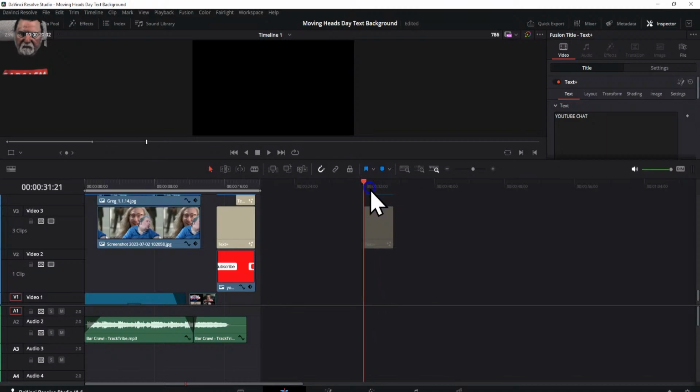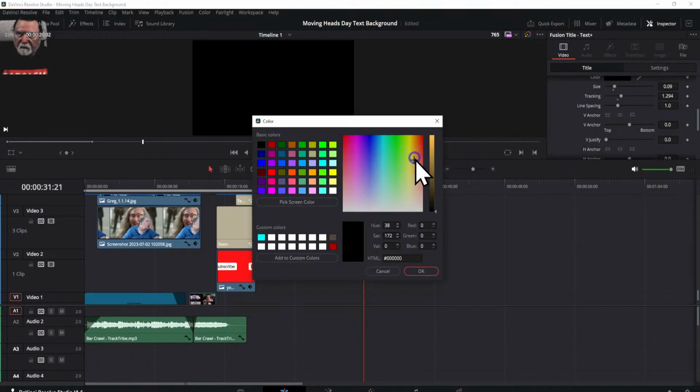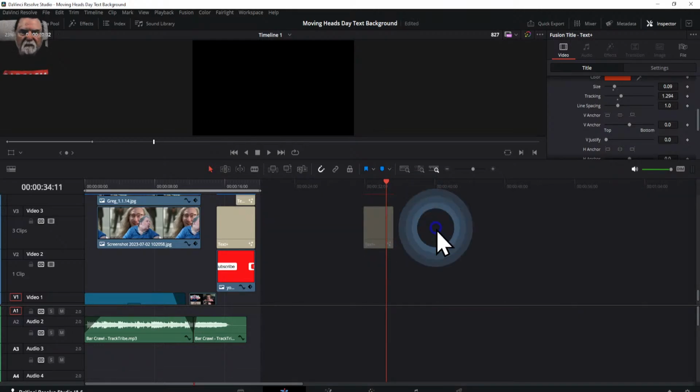You can't see that because it's black. So if I go in here and come down to the color and change it to anything but black, then you'll be able to see it. And then when I do that, then you can see it. That's how it used to be. I've made a change to it. I think you'll like the change. I like the change. So hopefully you will.